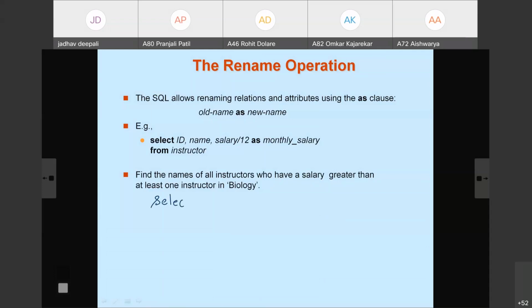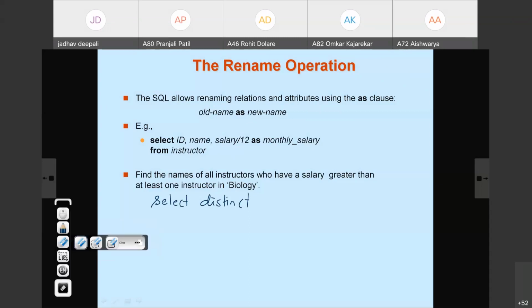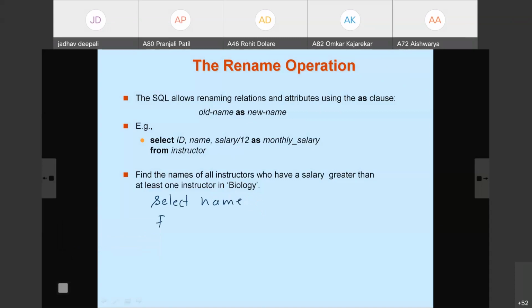Select. Distinct is not necessary actually. Select name from.